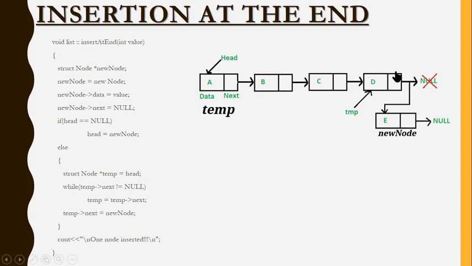So in this program, I have taken this null. Remember, you can't find null here, you can't find null here, you can't find null here, but here you can find the null. So this can be our trump card. We can use this for bringing this temp to the last node. That's what I'm going to use here.